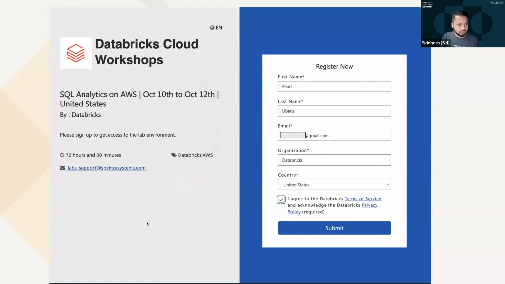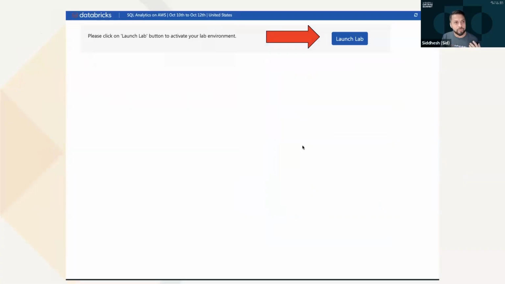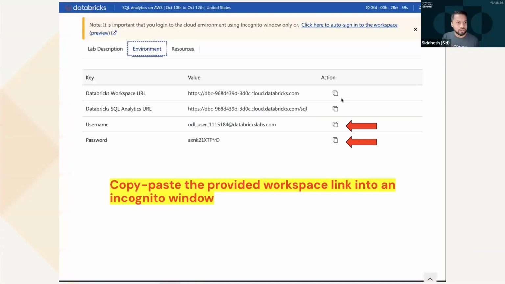Now, once you click on register, this is how you will see the workspace. Pearl has done an amazing job to put those slides in. So you should be able to click on register now, put your name here, add your details, talk about your organization, and click on submit. Once you do that, you will be able to get into the link, and then you will be able to launch the lab. Once you click on the launch the lab, you will see different environments with your username and password.